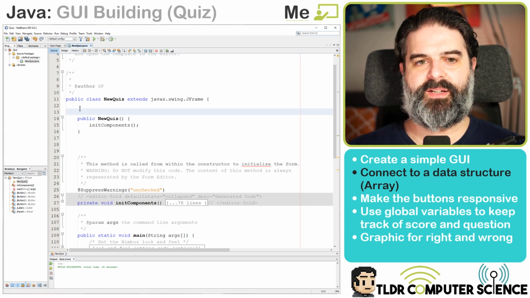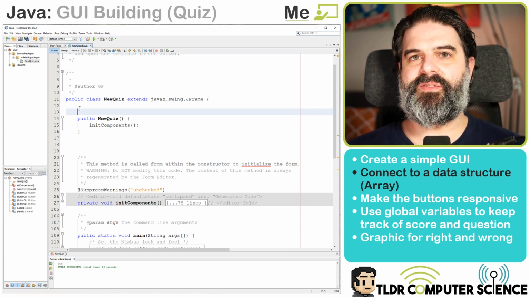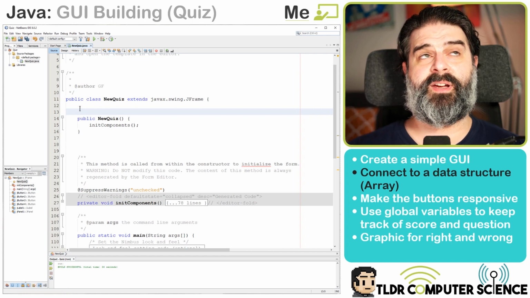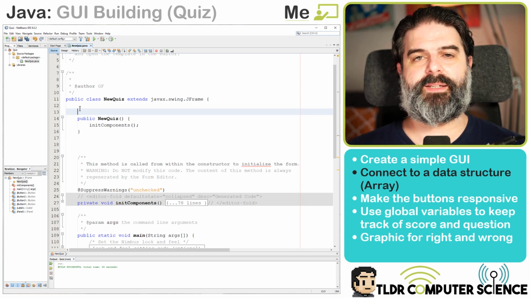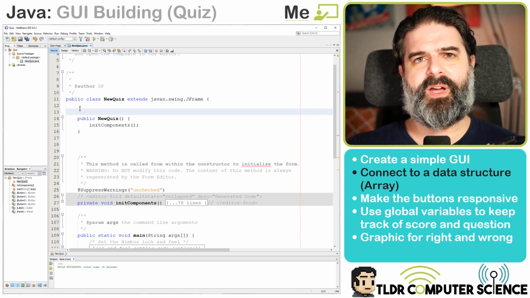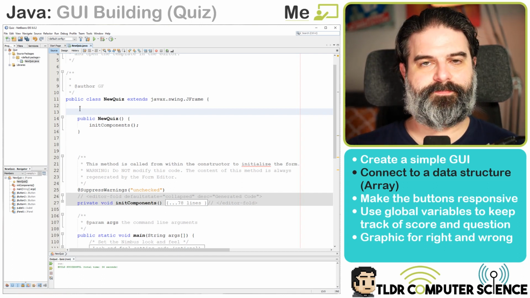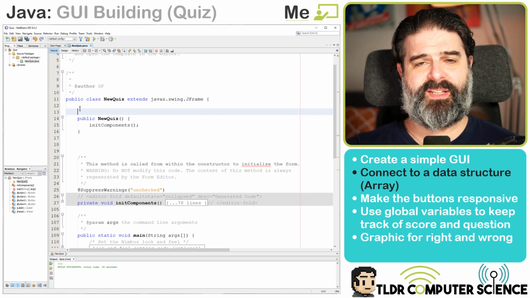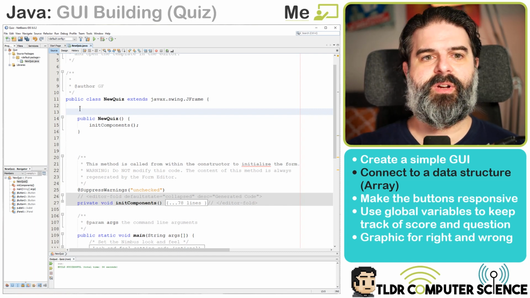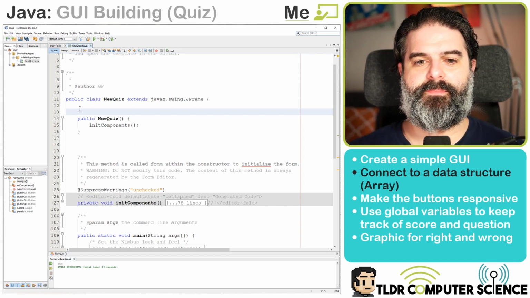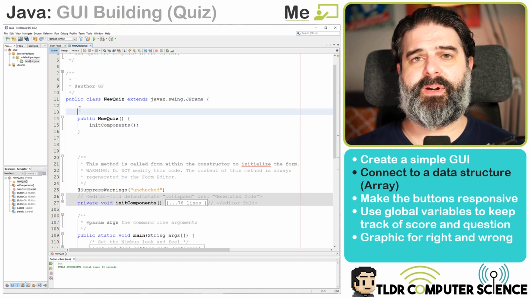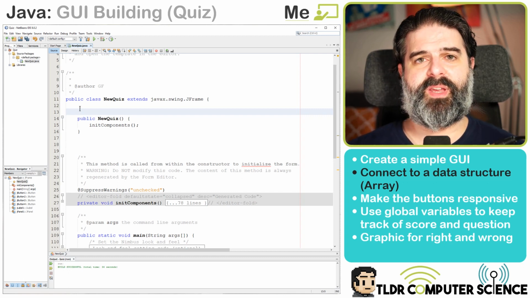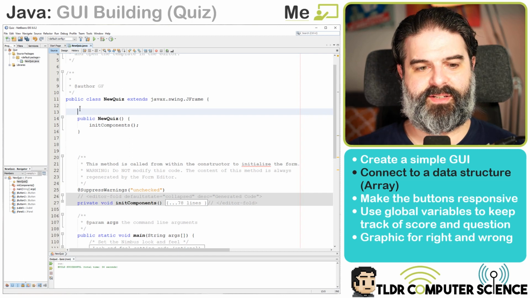So in this case, I'm going to use a data structure. And let's use a straightforward data structure. Again, I could use a class and create objects, but I'm going to use an array. And let's remember what we want here. What we want is questions. We want some answers of text to be able to put on top of those buttons. And also we need to be able to store what the right answer is so that we can, when we click on the button, check against it. So